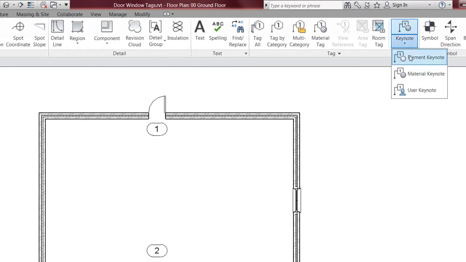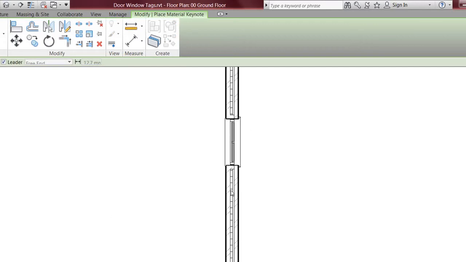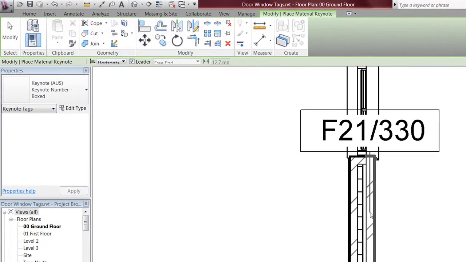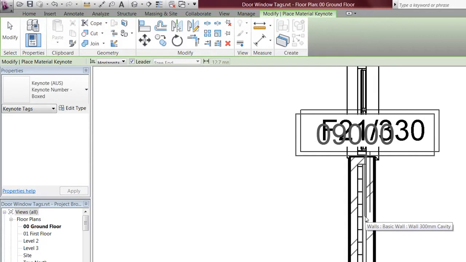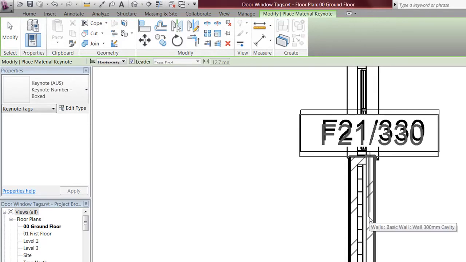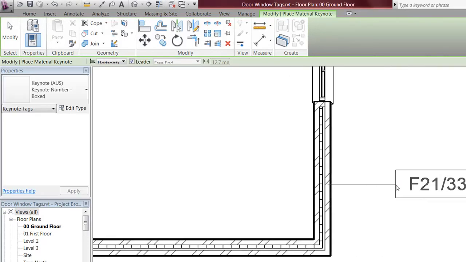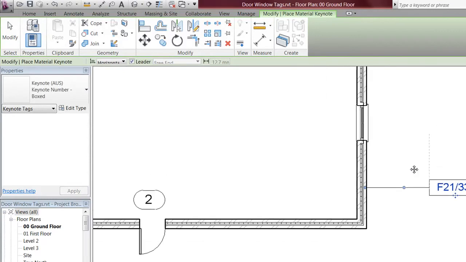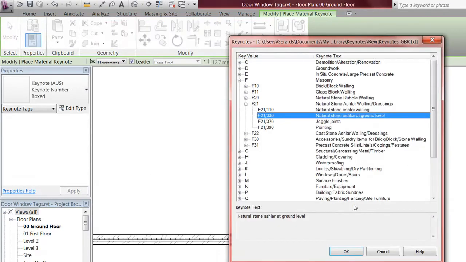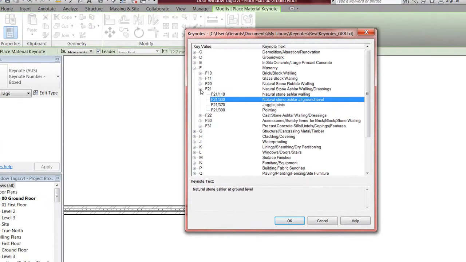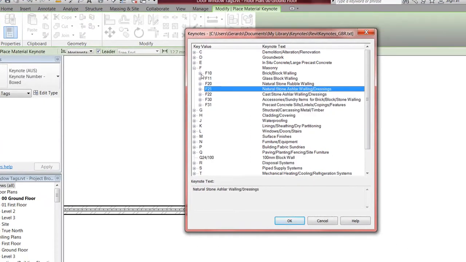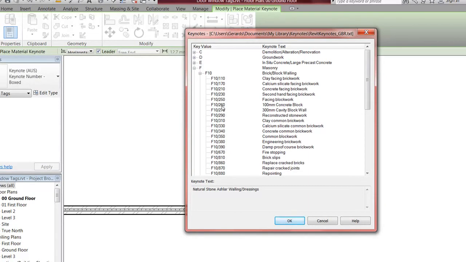go to Keynote, go to Keynote Material, and you want to click which material you want. So you have the block wall, you have the insulation, you have the air, and you have, so I want to click the block wall. So double click, and I want to go to F10, then F10 260, click OK,